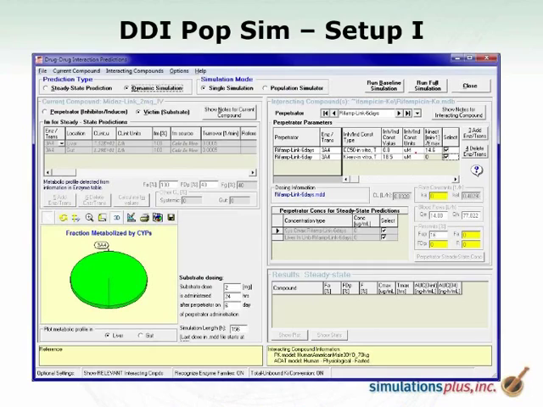So going into the capabilities for the population simulations, we've tried to do this setup in a similar way as you are doing the population simulation setup in main GastroPlus. So make this feature as familiar to you as possible so you can readily start using it without the need for a special training. What you see here is the drug-drug interaction module form, where for my victim compound we